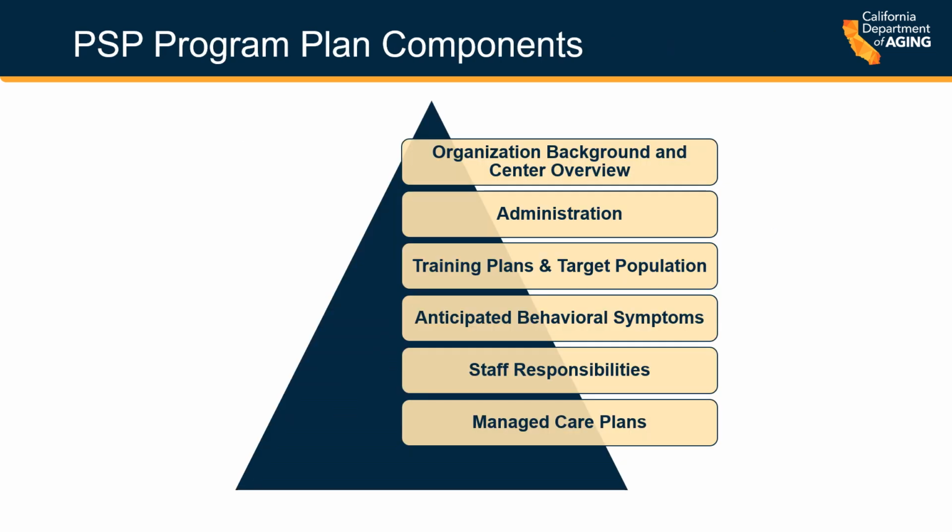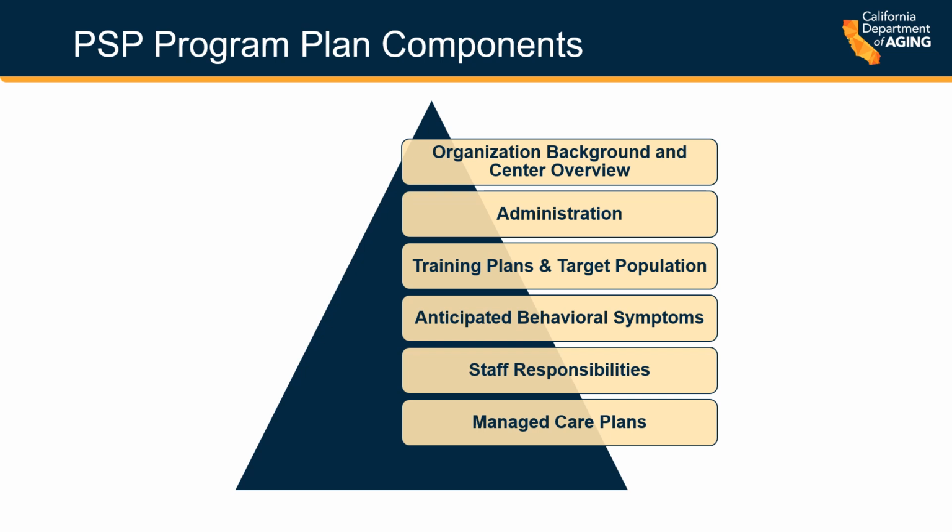Program plan components include organizational background, and center overview includes information about the licensee, the reason for the proposed new location, and the population they plan to serve. You will also describe the facility details, hours, the design, and space requirements. Reminder to use the service map and data and reporting sections of the CBAS homepage to find more information. And administration covers description of staff positions for the administrator, program director, and medical director or staff physician.